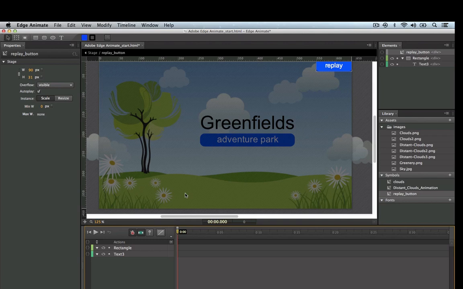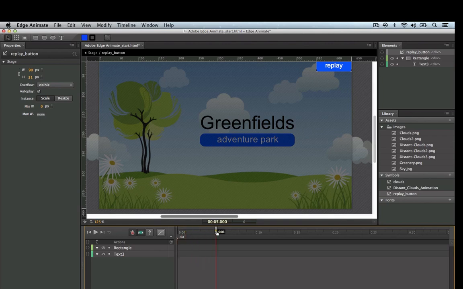So I want to control the button, how it looks when the mouse is outside the button. Also when the mouse is over the button, and also when the mouse button gets clicked downwards. So basically when I click on the button. So using labels to start off with, I'm going to insert a label for each different appearance. So I'm going to choose out,